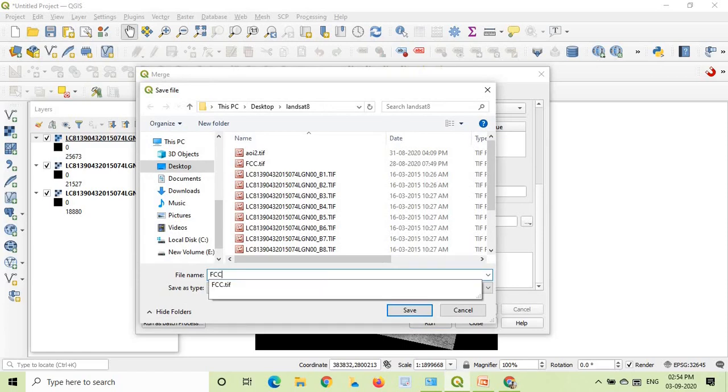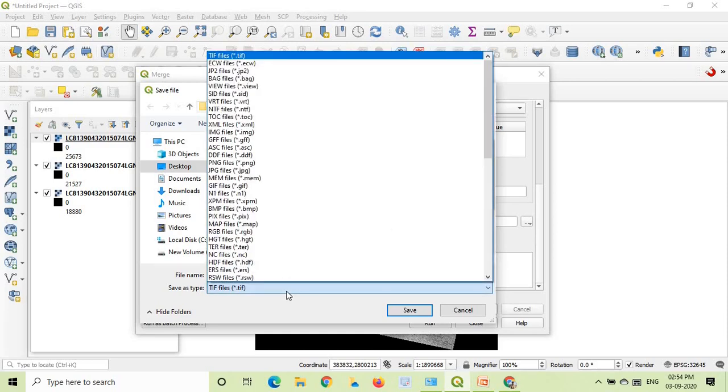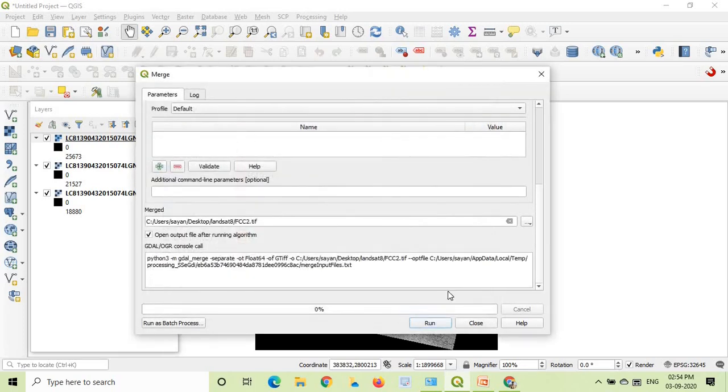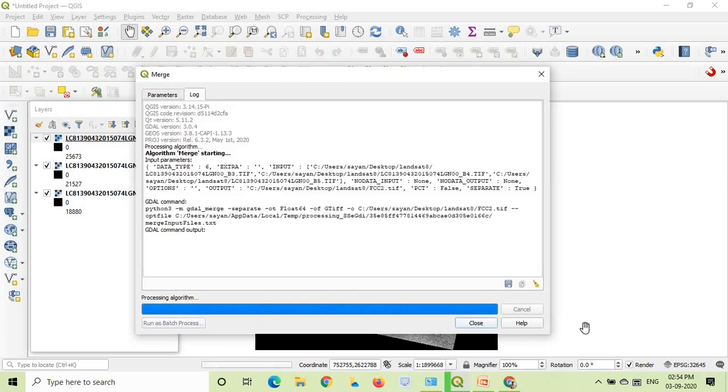So I will name it as FCC2 and it will be saved in TIFF. Other options are also there, but save it in TIFF file and click on save and click on run. It will take some time because it is a very large data set.